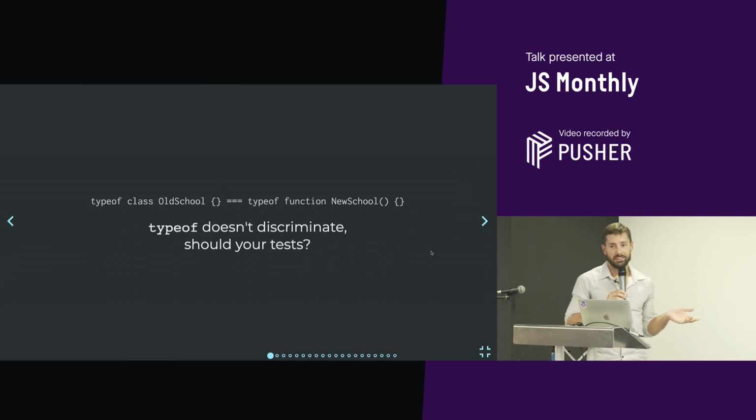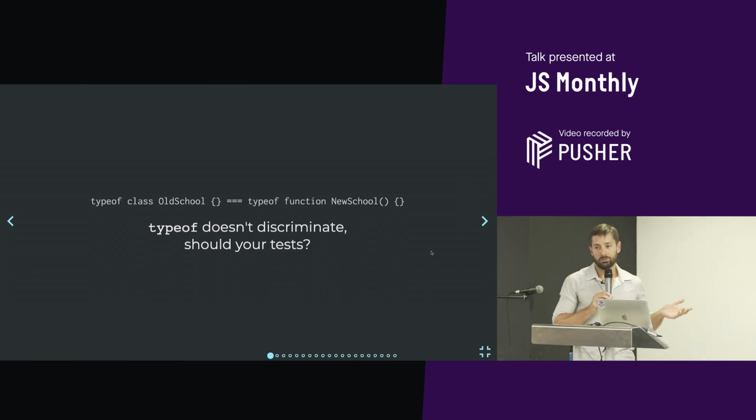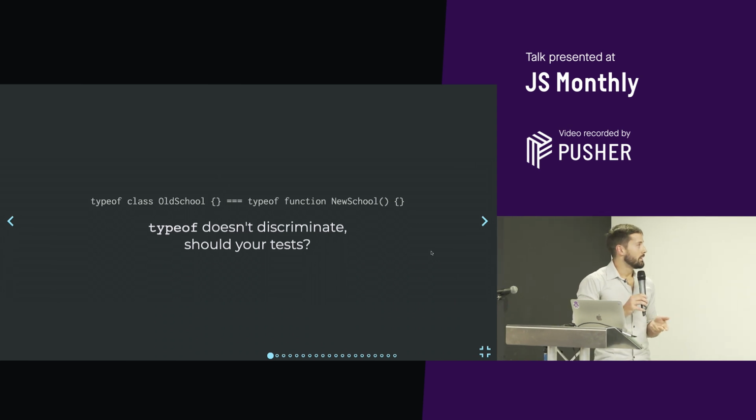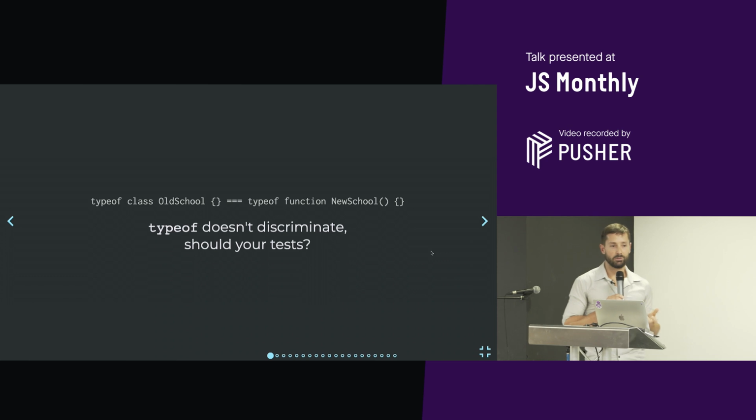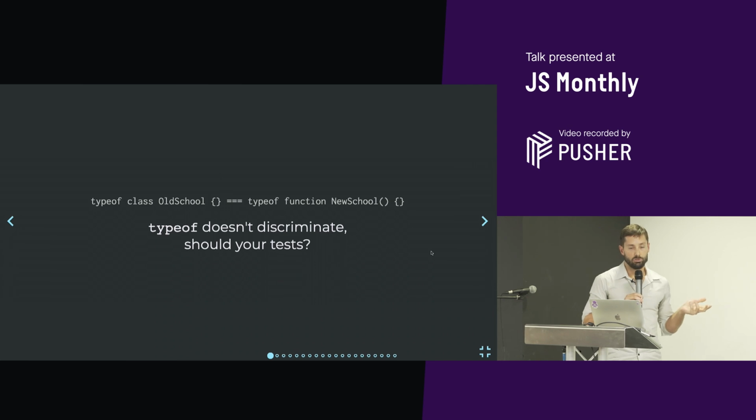Class is just syntactic sugar for functions in the end, right? So it doesn't really matter to JavaScript. It doesn't really matter to React. It's going to work the same either way. But in our tests, we very often find that it does matter. Your tests would break if you were to refactor an old class component into a new hooks component. Why is that? Well,